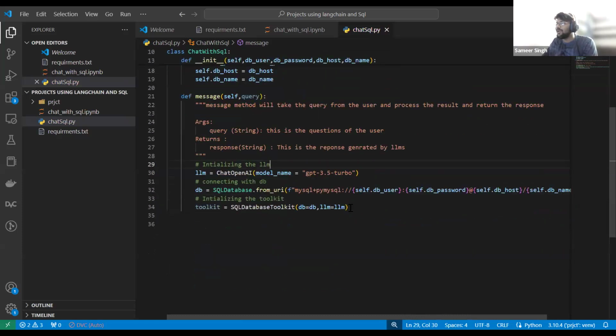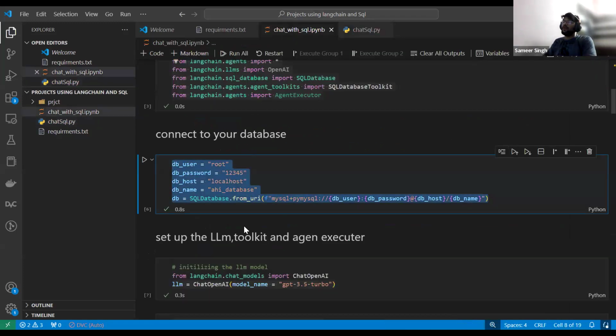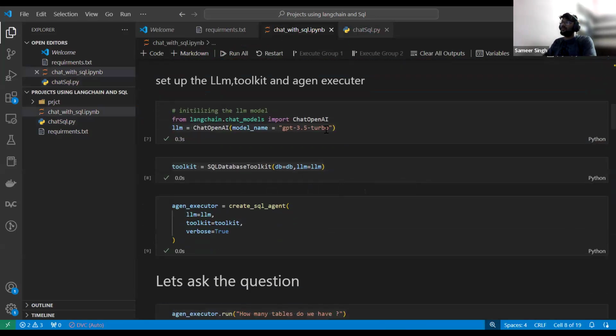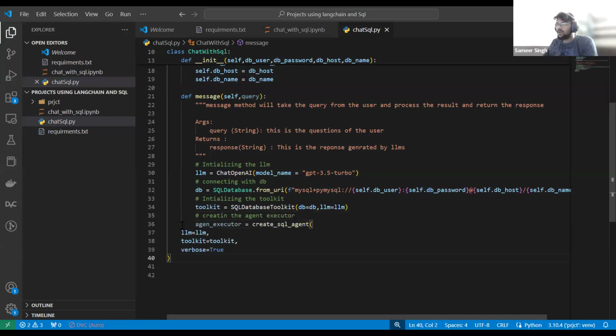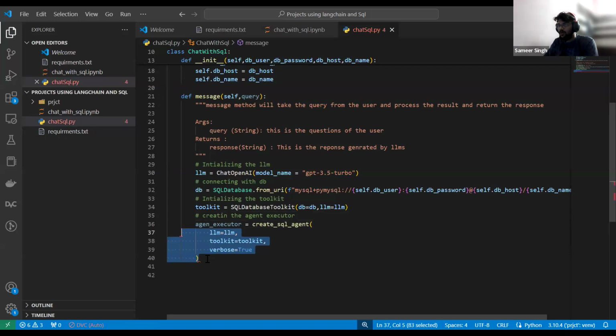Okay. Now we can write this. The toolkit we have initialized. Now what's left? Let's create the agent executor. You can say creating the agent executor. Right, now you can write it over here. Great.